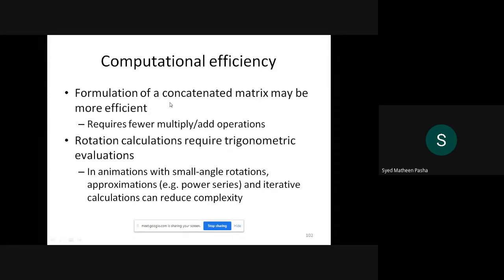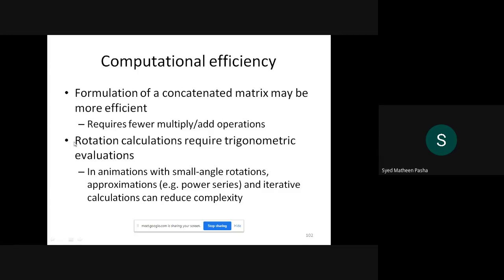As in all the transformations we saw the matrix representation, right? So whatever matrix representation you got, you first formulate it in the form of a concatenated matrix, which is efficient with respect to the initial matrix formation. What do we require for the formation of this concatenated matrix? We require some multiplication as well as some additional operations, so that we perform the concatenation of that matrix. How does concatenation happen? By adding as well as multiplying some operations to the equation. That is the first efficiency point you need to remember.